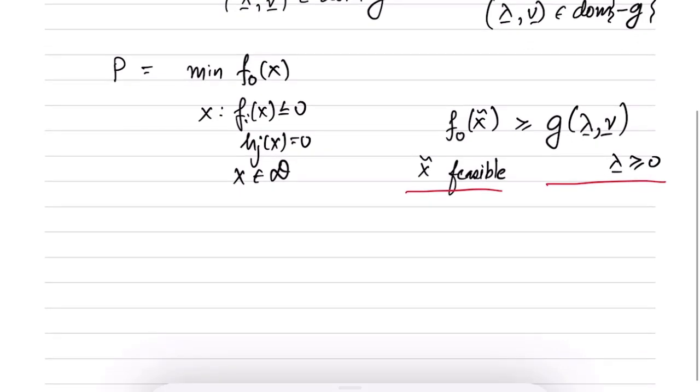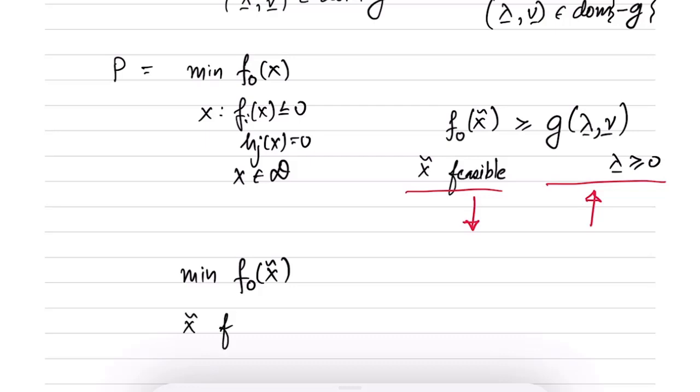If you have an inequality where you have two different functions or two different variables on each of the sides, you can tighten that inequality. How can you tighten that inequality? You could say that I will take the smallest value of the left hand side, so I will minimize this side and I will maximize this side. So that will be the tightest possible version of this inequality. So I will minimize f naught of x tilde over all x tilde that are feasible,